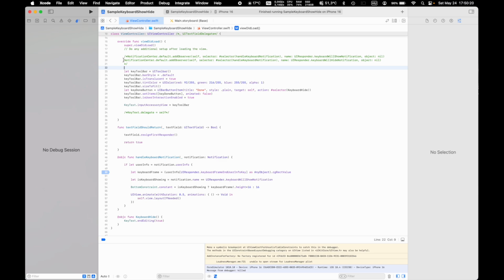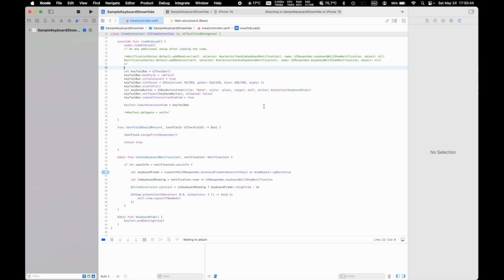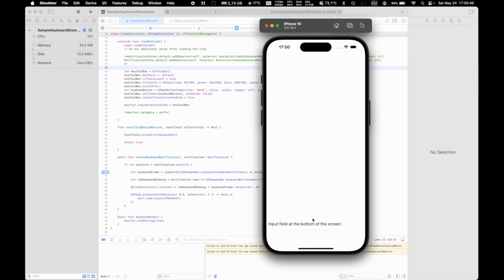So I just removed the additional content, so we will have the toolbar added, and the accessory view will be added to the toolbar. So let's run the application. Okay, so we have the text field. When we click in it,